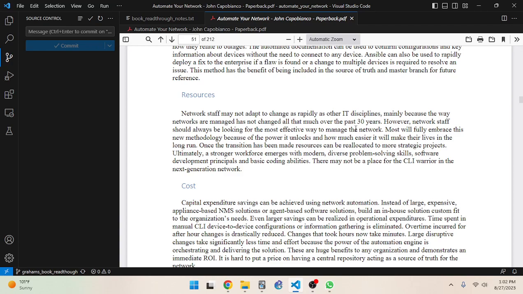You know what else hasn't changed in the last 30 years? Newton's laws of physics. So maybe this is a true statement, there may not be a place for the CLI warrior in the next generation network, but I would not count on that. I would say learn your CLI.